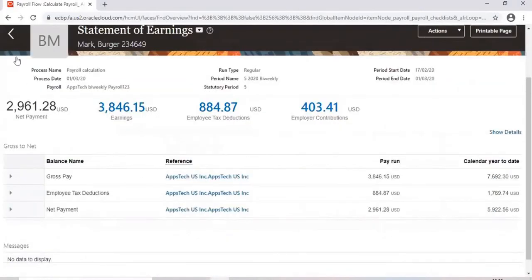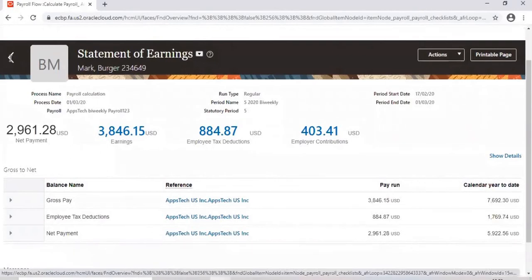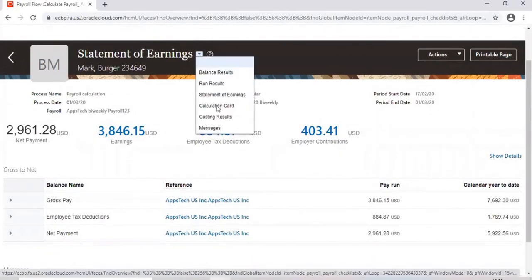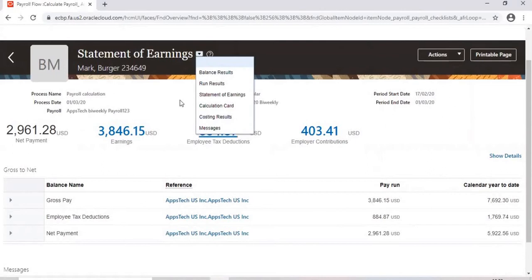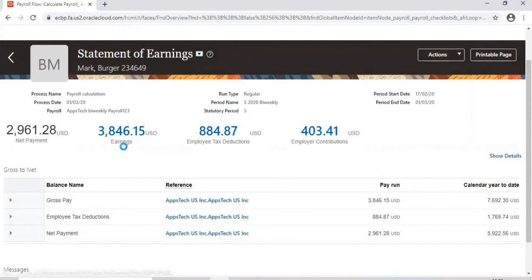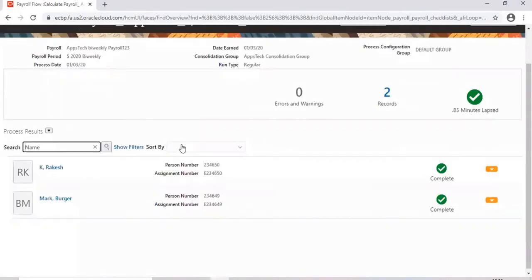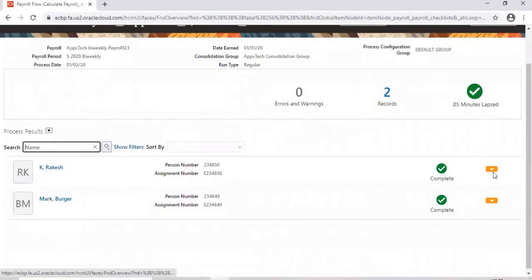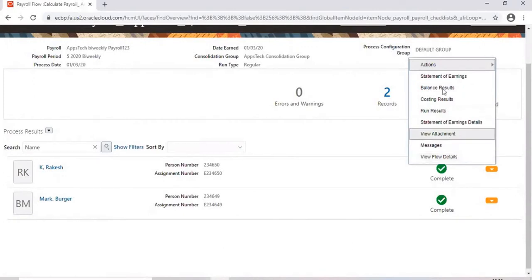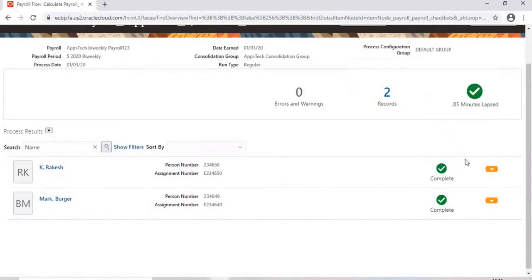Okay, so this is how you are going to process individual employee salaries. You can check what the standard earnings are, all those things. Basically, the statement of earnings is nothing but you can even go to here, or you can click here, and then you can check the attachments. You can also roll back, in the sense that if you want to cancel this person's payroll, yes, you can do that. You can mark it for retry, and retry the result. All these sorts of things you can do.